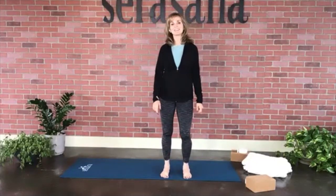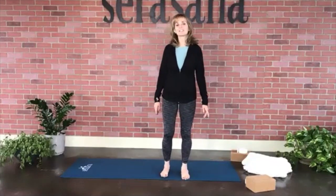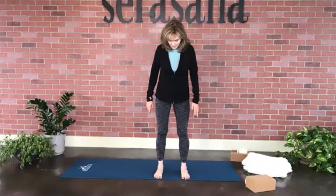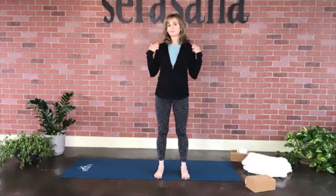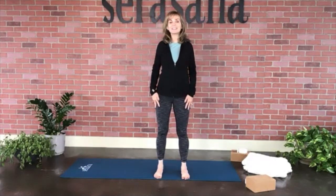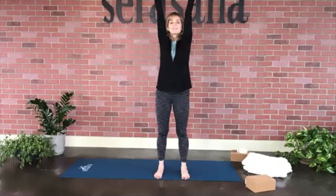Just come up to the very top as though you're on a diving board. You're at the very, very top. Toes are at the very edge. And let's bring the feet about hip distance. And let's once again think about our posture. So we're going to take the shoulders, reach them up towards our ears, roll them back, squeeze the shoulder blades together. Let's sweep the arms up into a mountain, reach up towards the ceiling, spread the fingers nice and wide,